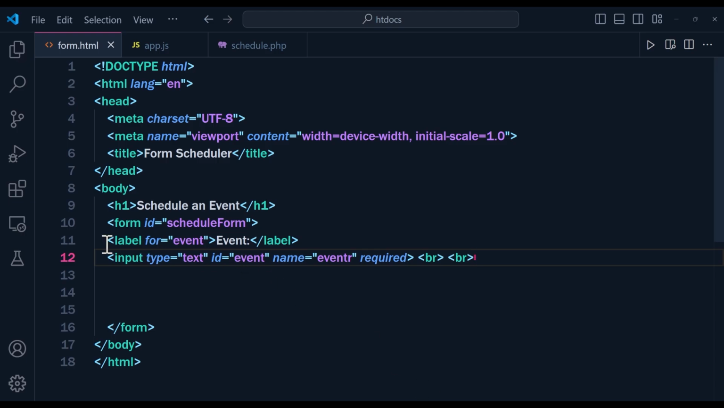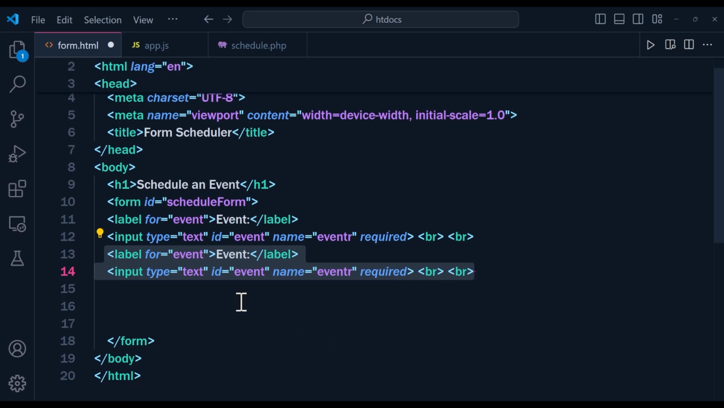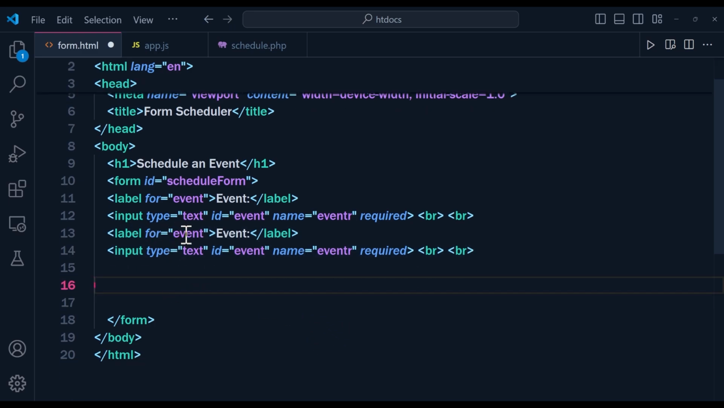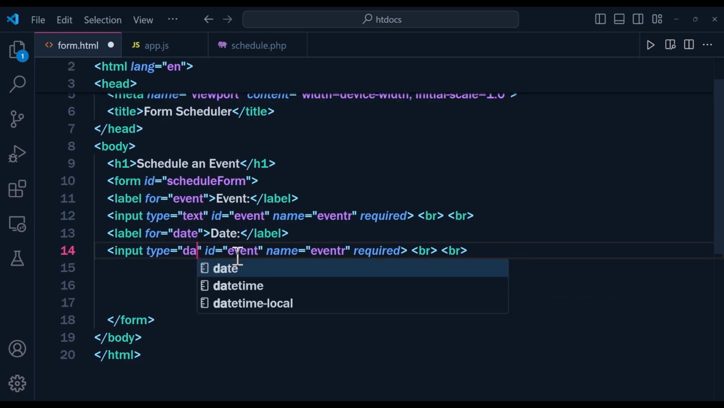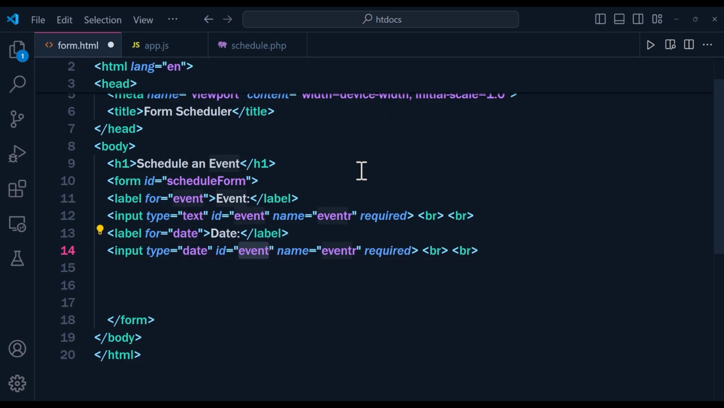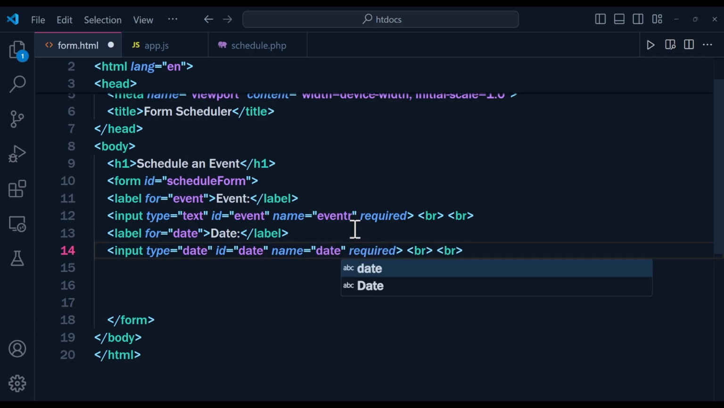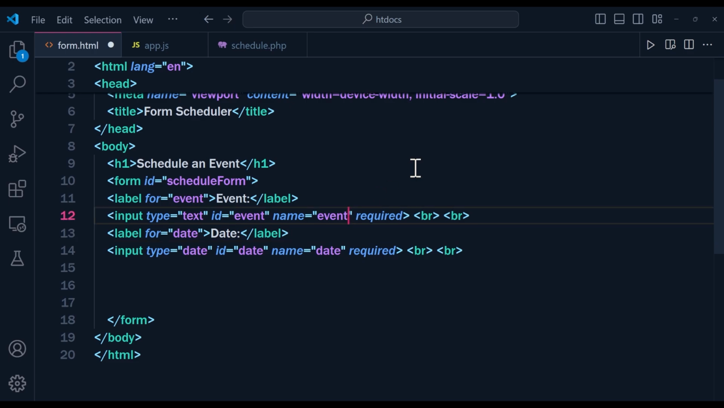Okay, and I'm gonna copy this whole thing. So I'm going to add a date here. So this will be type for date, and I'll change this to date. The type will be date. I'll make the ID date as well, the name date, and I'll have to fix this one later. So you see this one says event R. I want it to be event. So I have this label ready